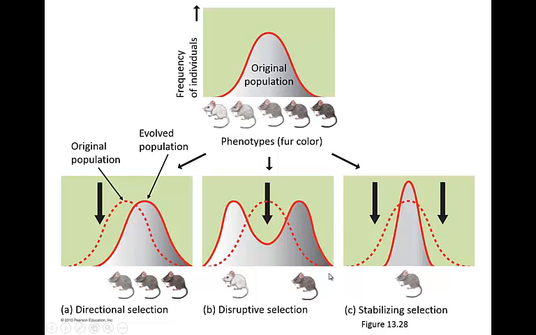There's a great video that you should watch at the next link, and that is going to talk about mice that evolved to be different colors on volcanic rock in Arizona. In stabilizing selection, this would be an example where mice that happen to be this medium brown color would be the most selected for. Another example of stabilizing selection would be something like infant weight at birth.